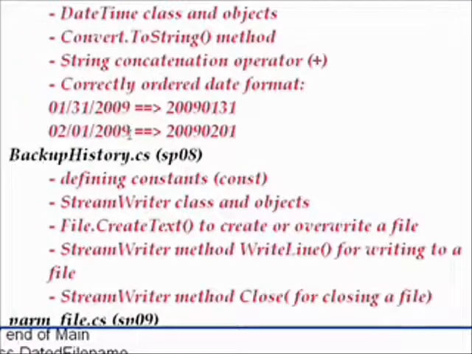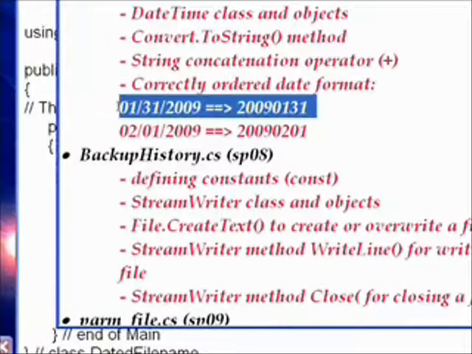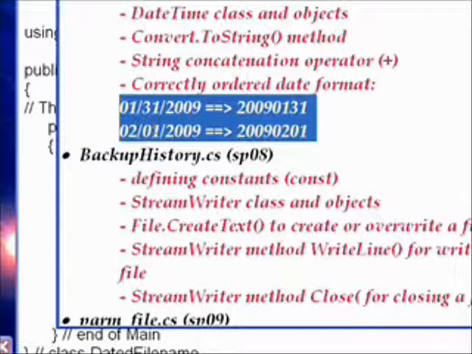I show this in our things to do as 01/31/2009. We want to look like 2009/01/31 with no slashes,